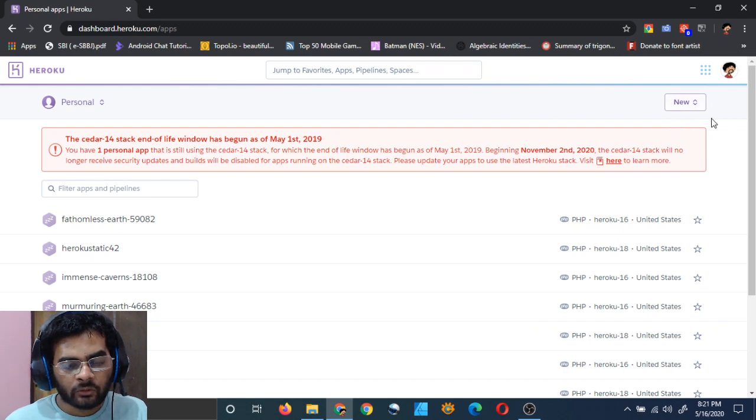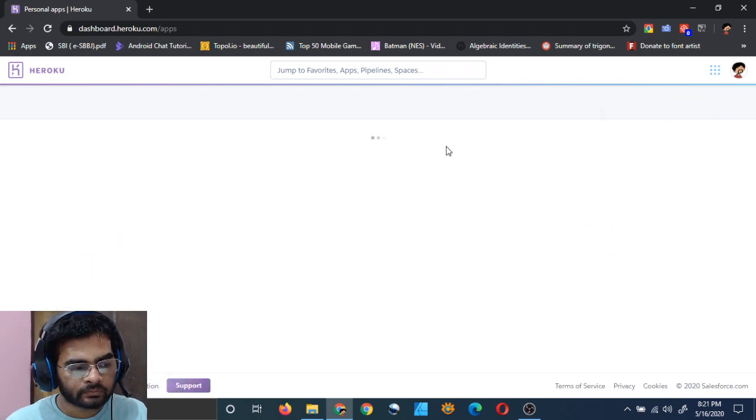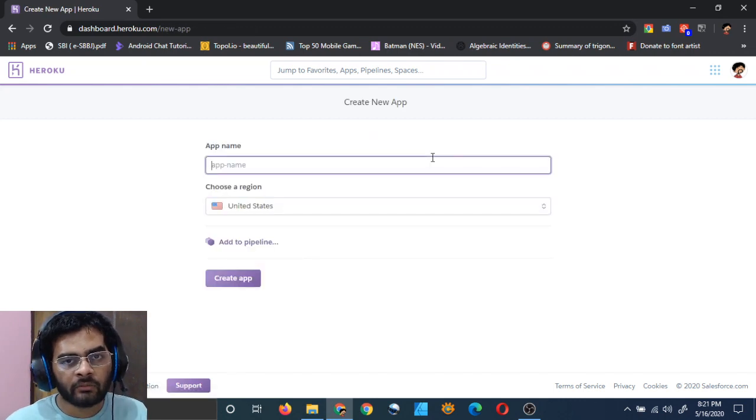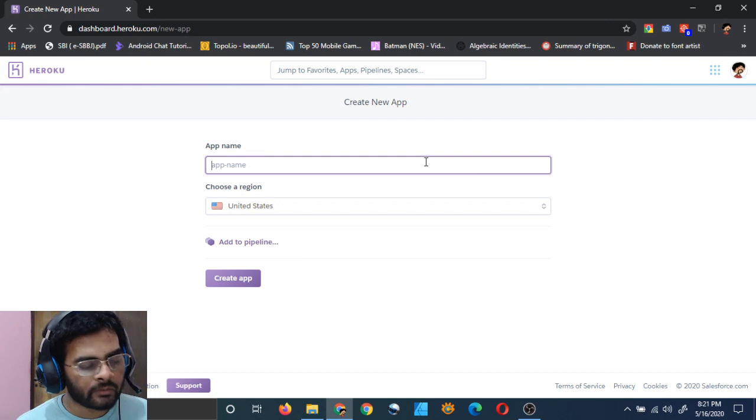So to create a web app, you have to click here, New, Create new app. If you can't find this, do tell me in the comment section, so that we can sort it out and see if they changed their system somewhat. Maybe I registered 4 years ago, so something may have changed. If you are having some problem, just comment in the comment section, so that we can see how to solve that.